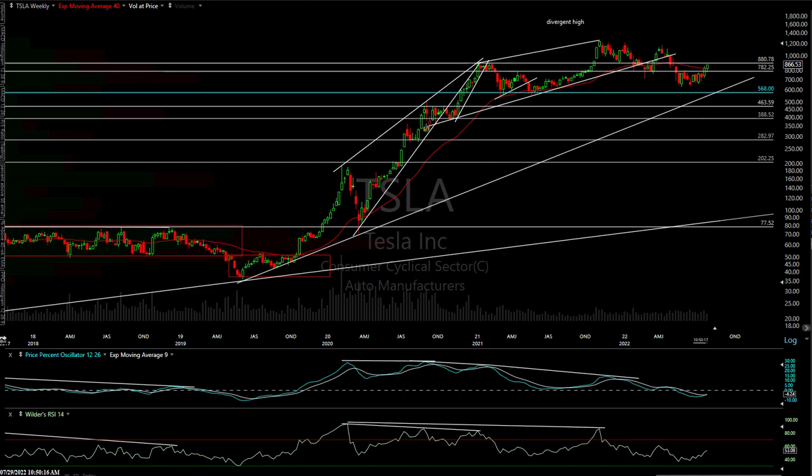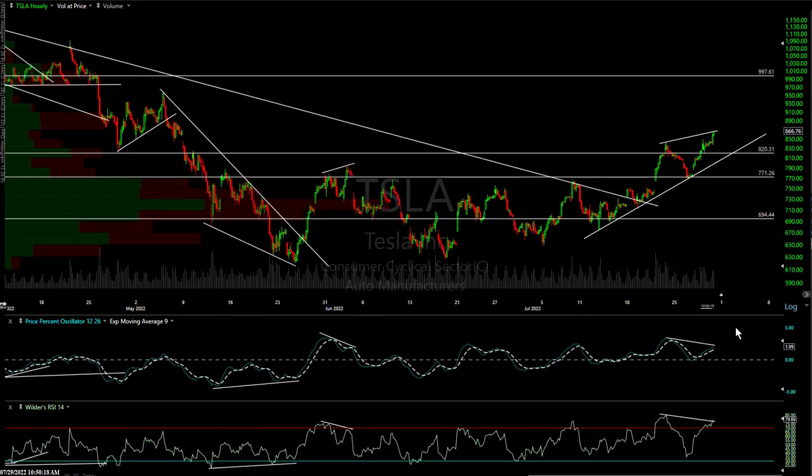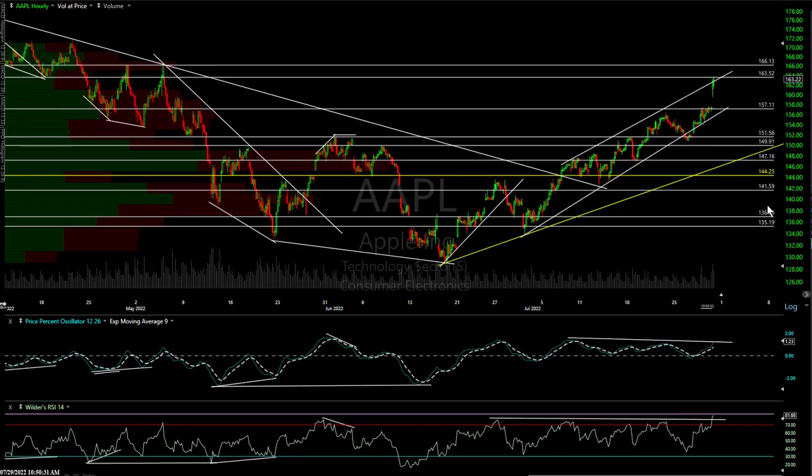And then, by the way, I didn't do this on all of them, go down to the 60-minute chart. This is why I threw out some short downside targets for shorting. You've got divergences forming on a lot of these market leaders on the 60-minute chart. Let me go back to Apple. There's Apple, negative divergences. Resistance from about 163.50 up to 166.13.